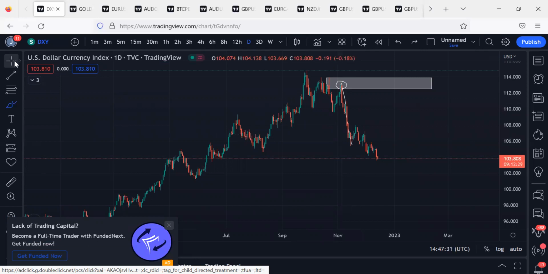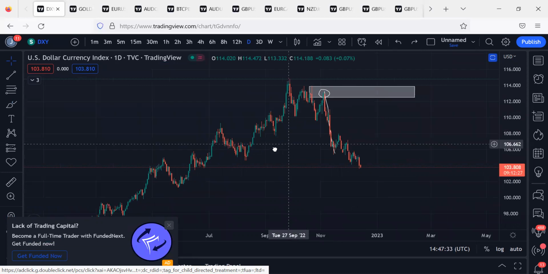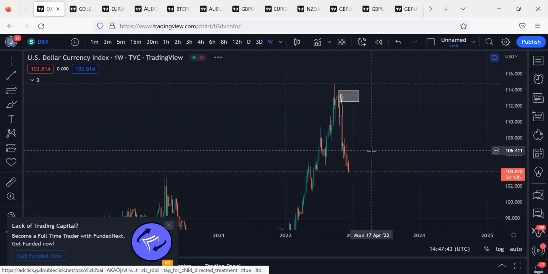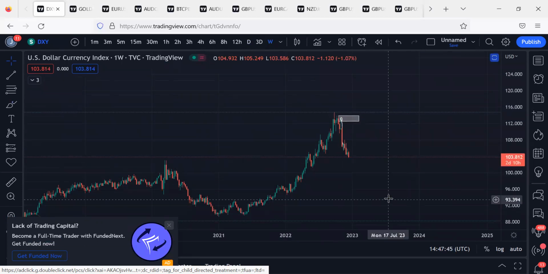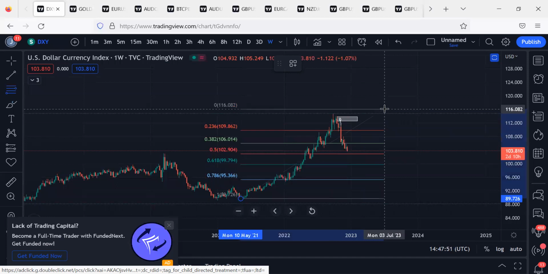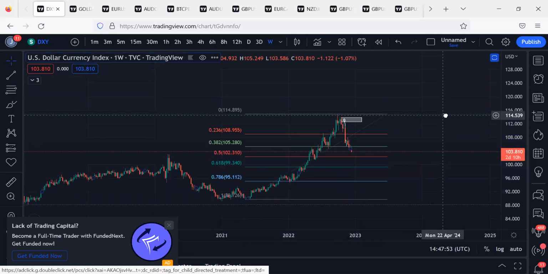So if you look at this and what is happening right now in the market, I'm just analyzing the dollar so that you get a glimpse of whatever might happen in the upcoming days. The dollar might go down, but overall, listen to me. Remember, the dollar is still in an uptrend. Whatever is happening right now is just retracement.